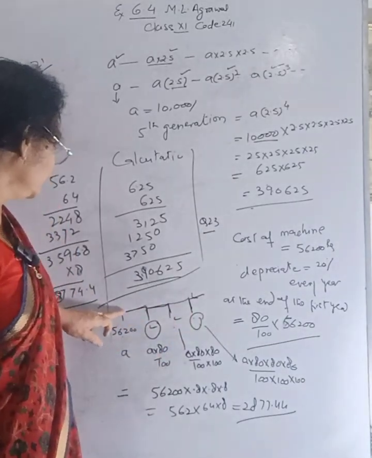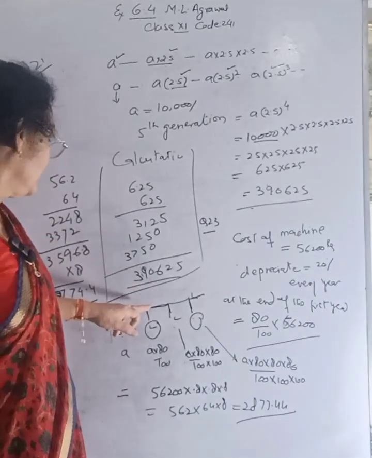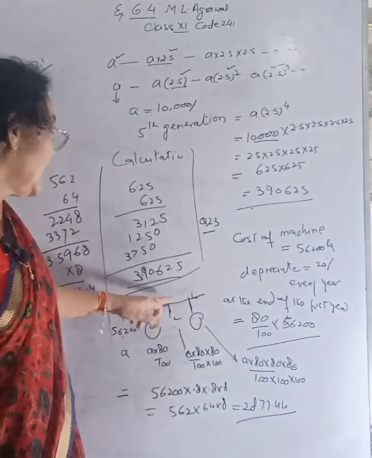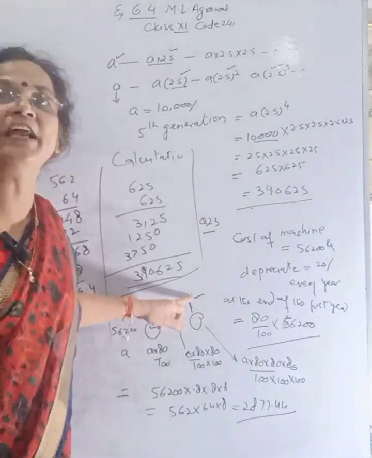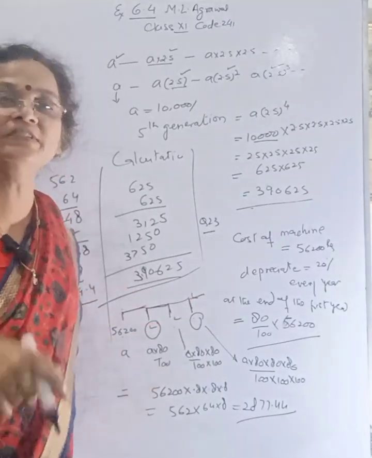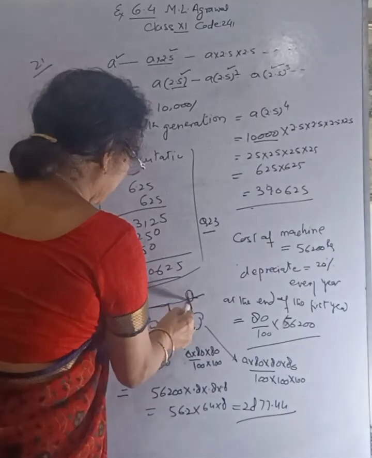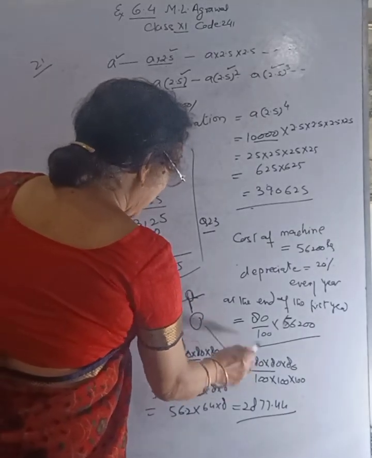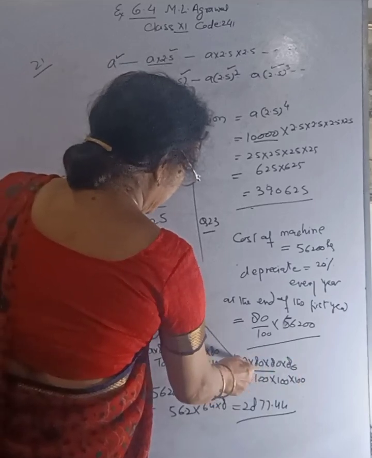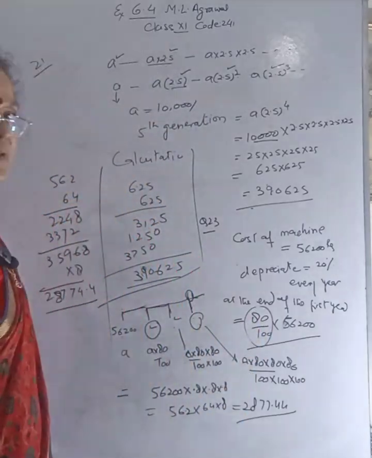This is the starting of the first year, end of the first year. It means starting of the second year. End of the second year means starting of the third year. End of the third year is the starting of the fourth year. It means we have to find the value of AR to the power 3 because this is the fourth term. Sorry, AR to the power 3. That is why this R is equal to 80%. A into R cube. R is equal to what? 80%. This is to be found.